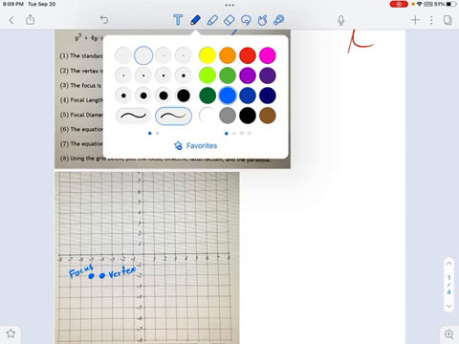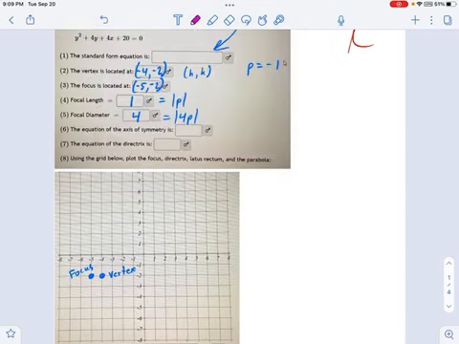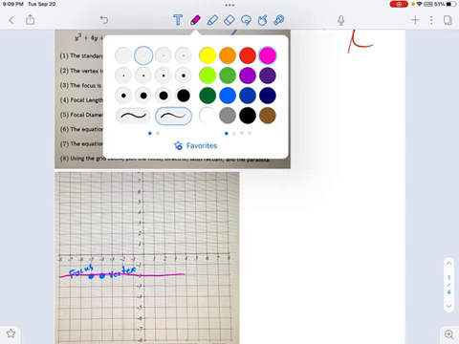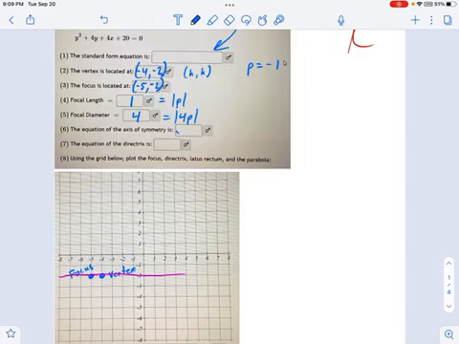Well, the axis of symmetry is easy. You just find the focus and the vertex, draw a line connecting them, and that line is your axis of symmetry. And if you think about the shape of your parabola, remember it looks something like this? This is the line about which the parabola is symmetric. So what is that equation? That's going to be, let's see, it's a horizontal line, so that's y equals, and the y value of the vertex is -2. Okay, so y equals -2. There we go.